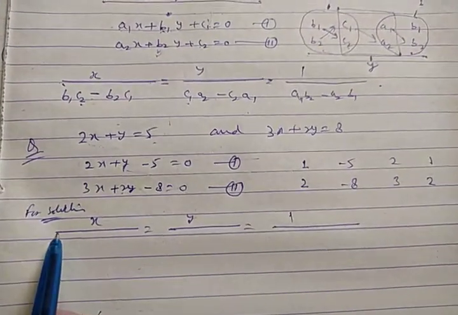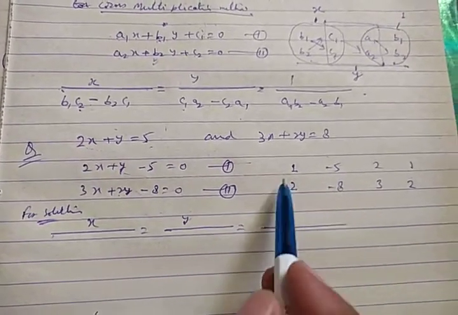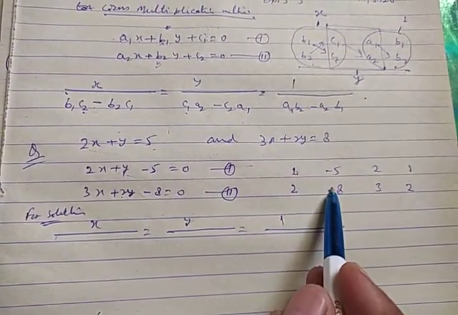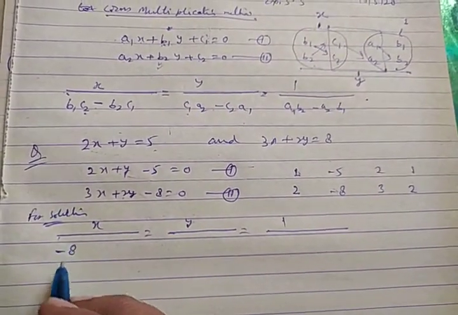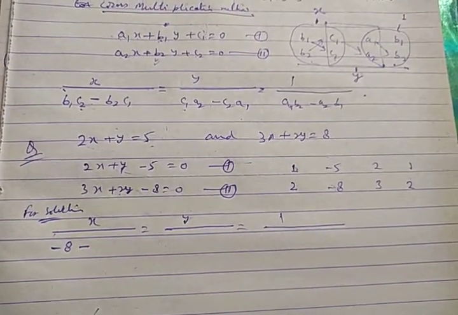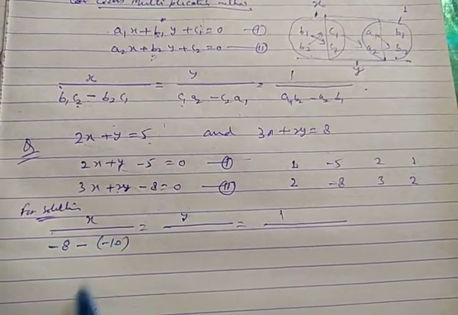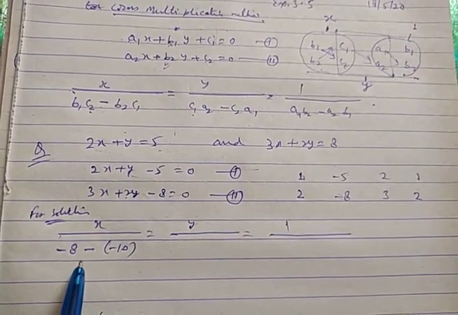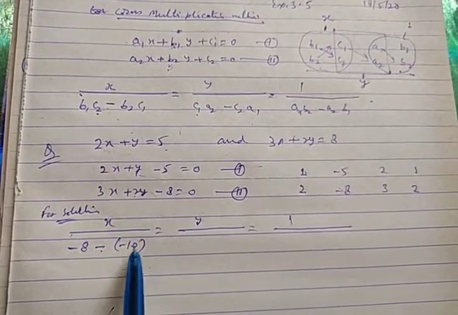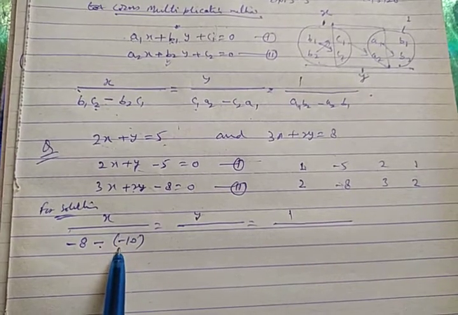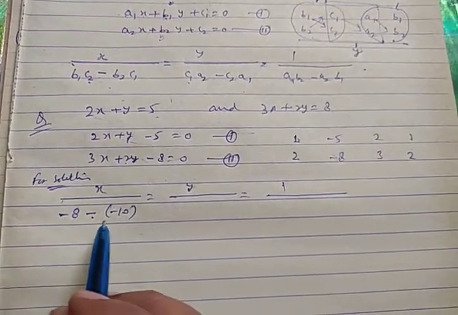Now in the upon of x, you have to take these first 4 values, the multiplication of these two. Then you can multiply 8 1 ja 8, this will become minus 8. Now minus in the formula and multiplication of this will be minus 10, then minus 10 you will write in bracket. This is the specific thing I am telling you, the importance of the minus sign. This calculation is coming negative, but you have to put it in bracket. Don't skip any step, just follow the proper system.